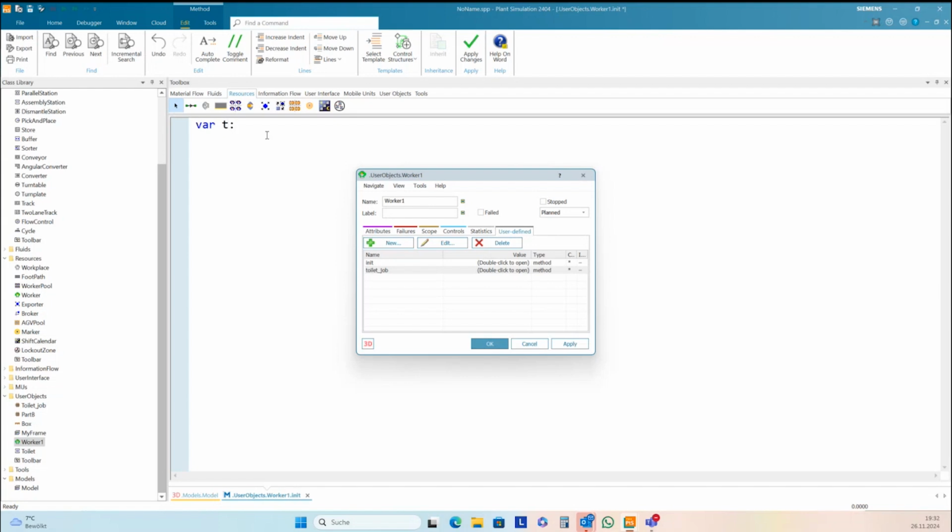And I want to do this also with a random interval here. T equals set x.